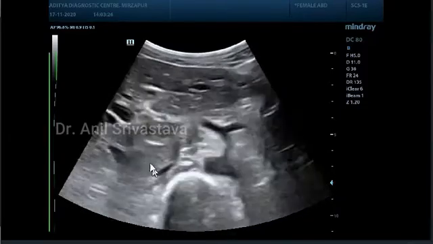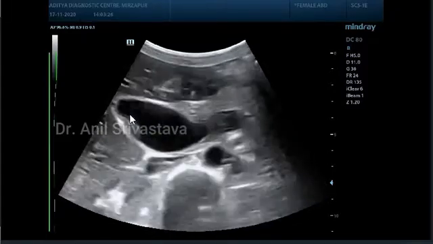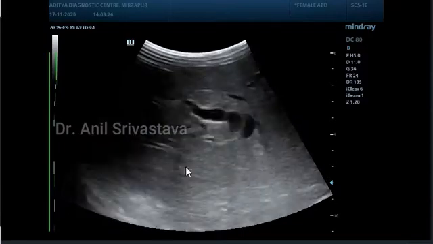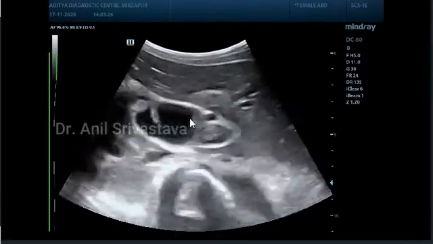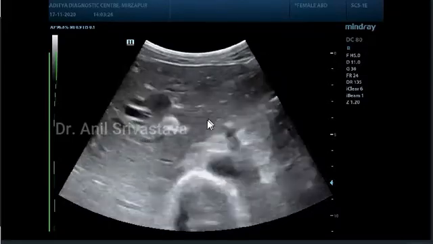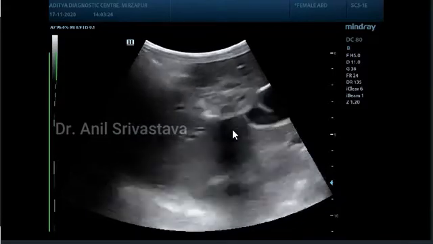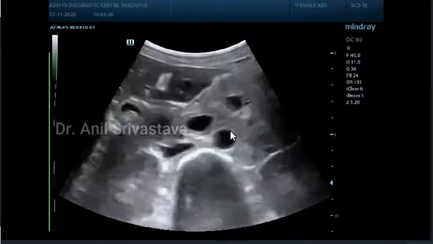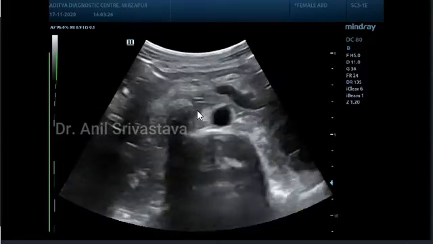This is choledochal cyst in the pancreatic part of the CBD, with portal vein thrombosis. You can see prominent hepatic artery as well, to fulfill the demand of the liver. It gets dilated, and since there is portal vein thrombosis,